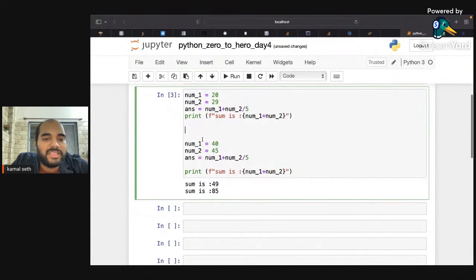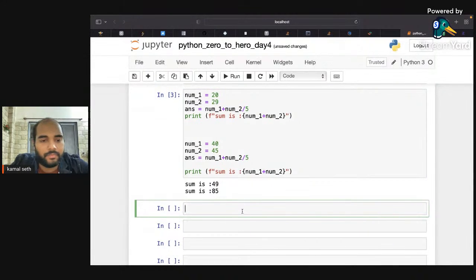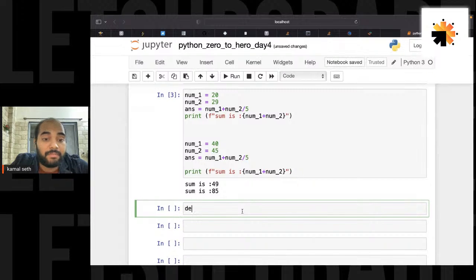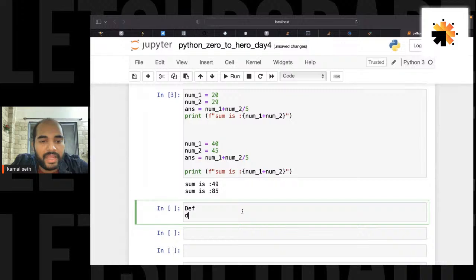Let me show you the same thing I did, using a function. In JavaScript, you need to write function, which is a keyword. But in Python, we have something called def, D-E-F. Let me do it again, not capital D-E-F. If I write capital DEF, which is wrong, and I write a real def, which is really the syntax,